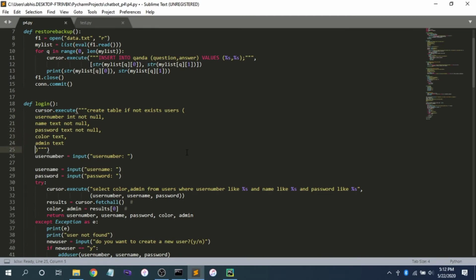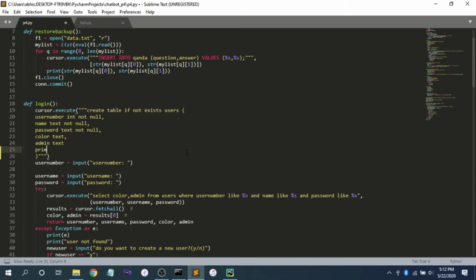So the keyword for that is primary key, user number, comma, name, comma, password. Right, now we'll save this